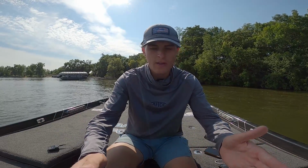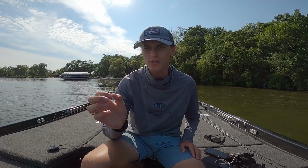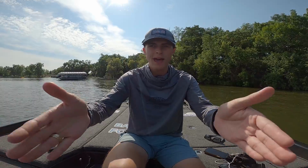You want to make sure that you are casting upwind and reeling back down. Now, I'm not saying you can't catch fish by casting downwind and reeling back up. You're gonna get a longer cast that way because you're casting with the wind. But as you'll see in these next few minutes of fish catches, I'm casting upwind and reeling back down,